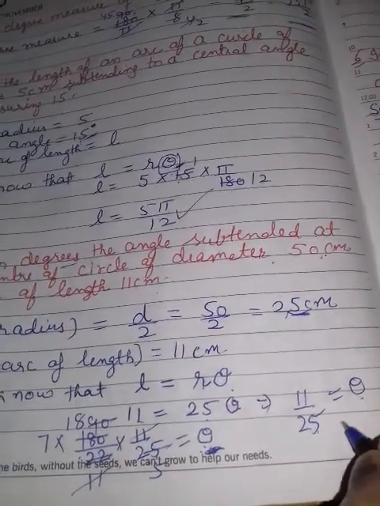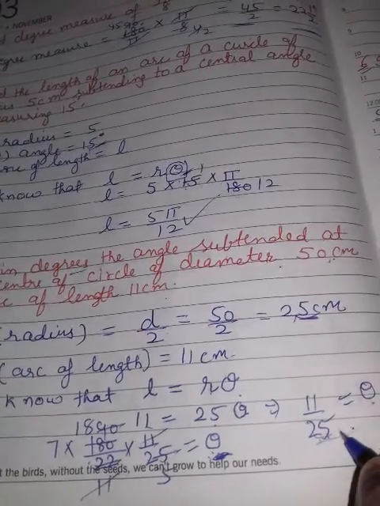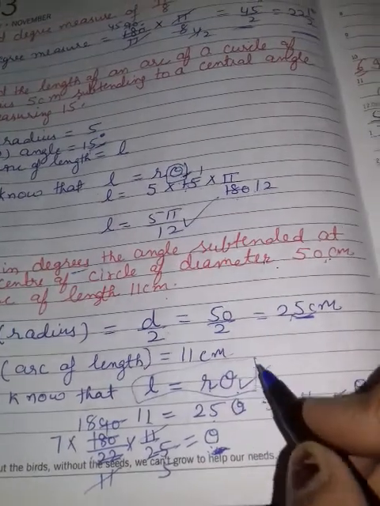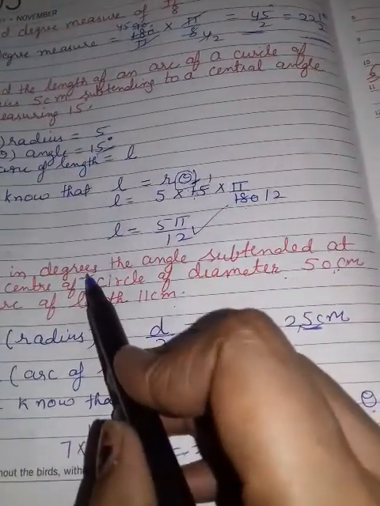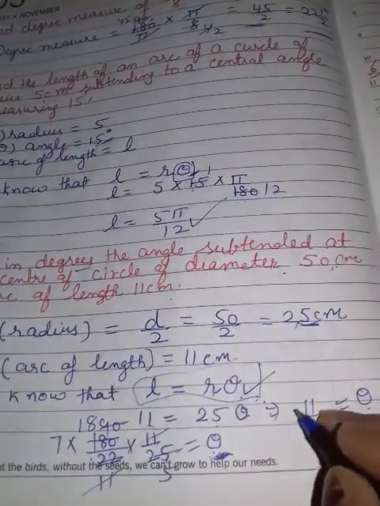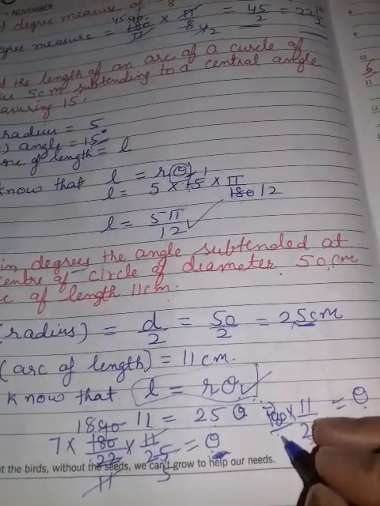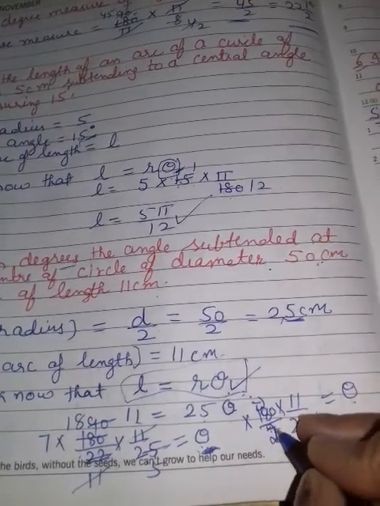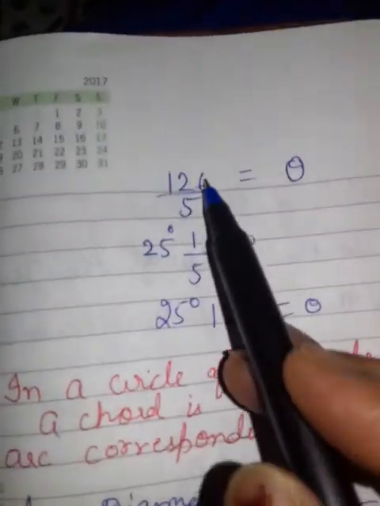Theta you got here in radian. However, it is not clear to you, ma'am, where is pi, where we will see, but I told you that theta whenever you are getting here, it will give in radian measure only. But it is given that you have to find in degree. So firstly you will multiply with 180 upon pi. Pi is 22 by 7, so 22 upon 7. Clear? Now you will do the cancellation. After cancellation you are getting 126 upon 5.